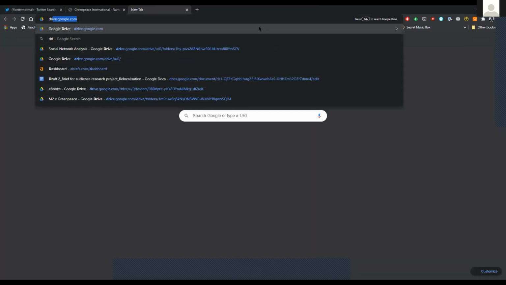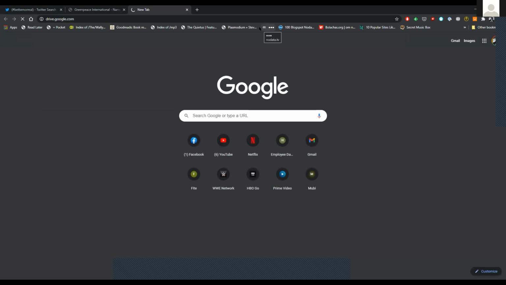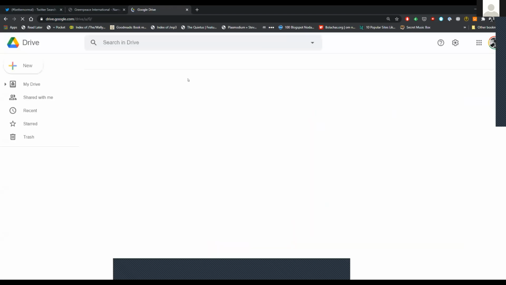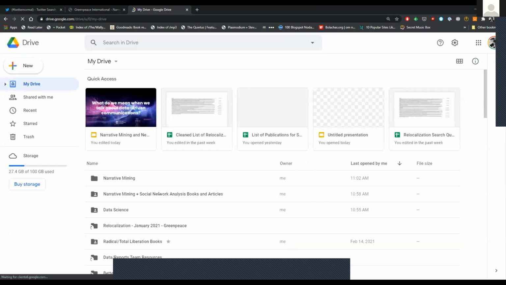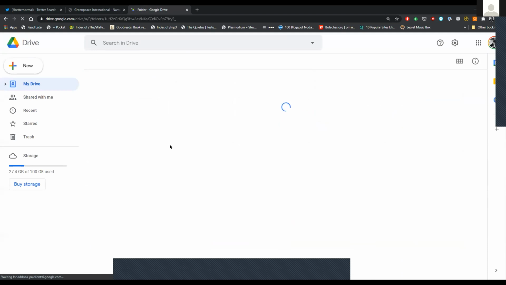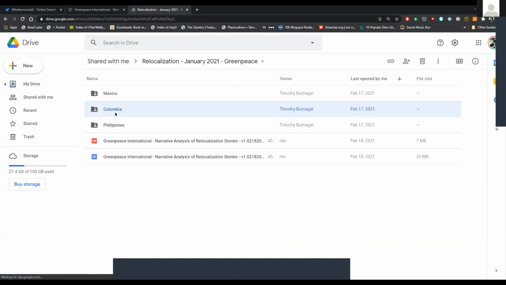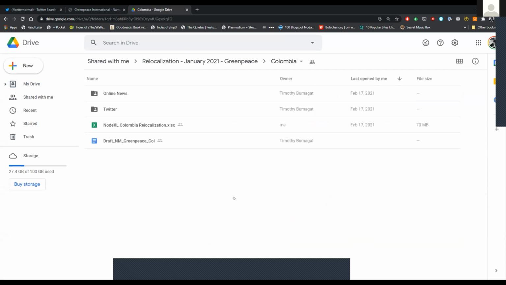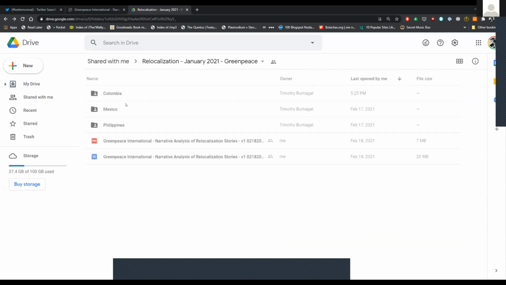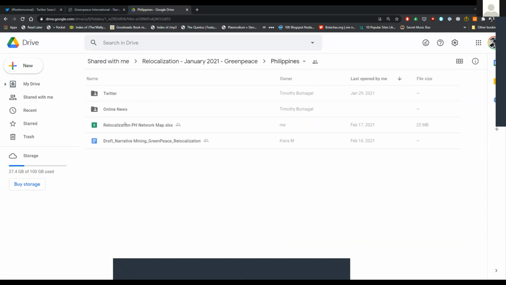I'll open up my drive. This is probably what we will do for cities and climate change, because our tweets come from the Twitter API. This is big. I think the Philippines isn't so big. We can cut it.